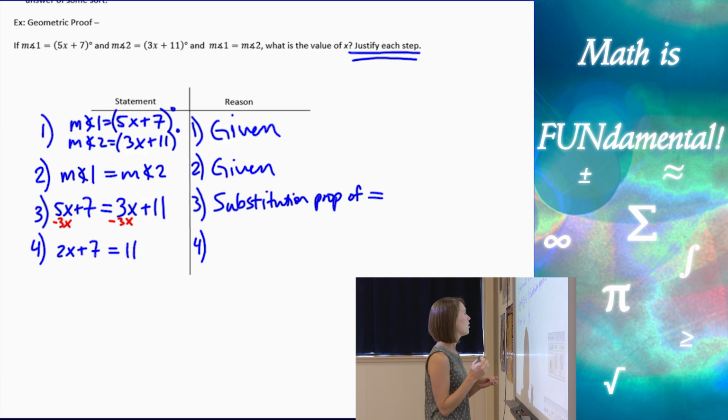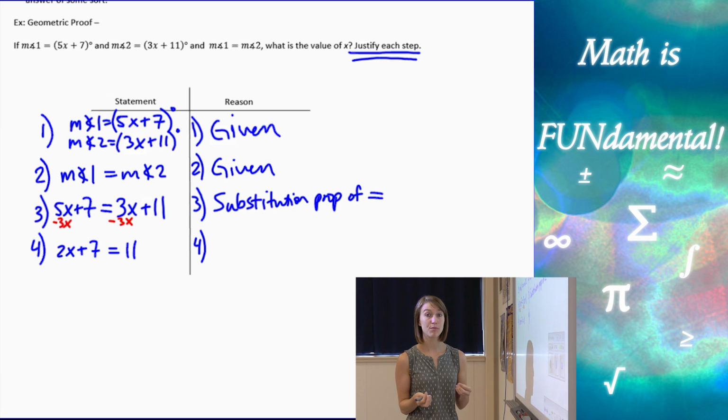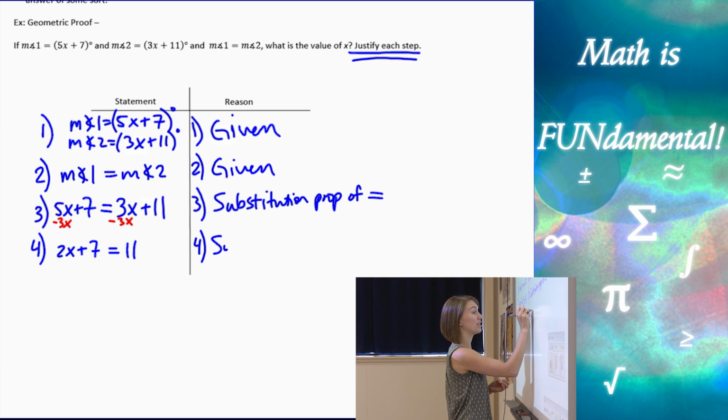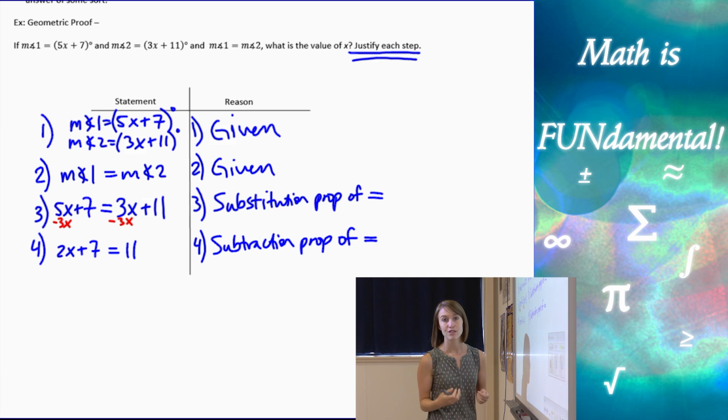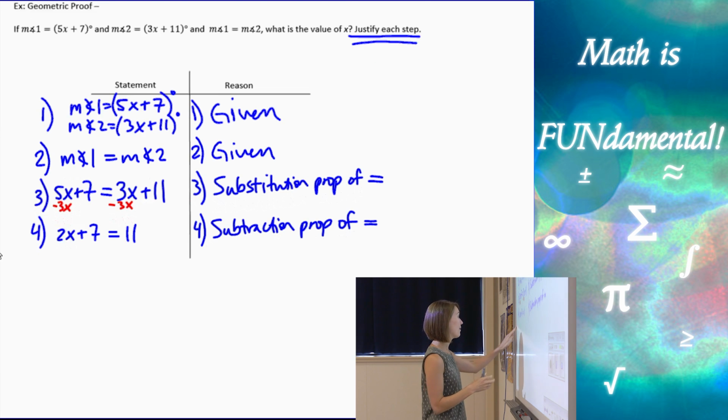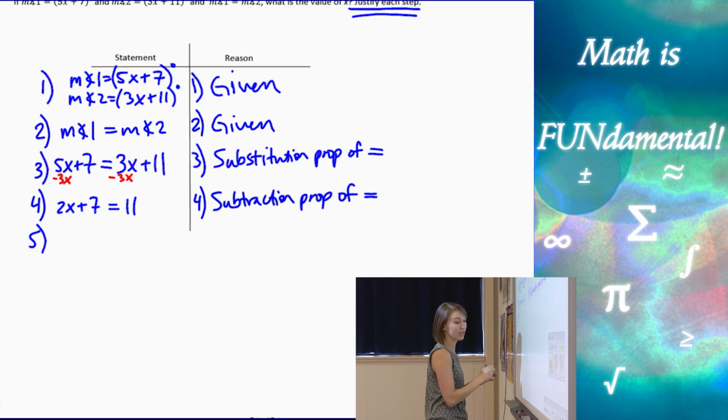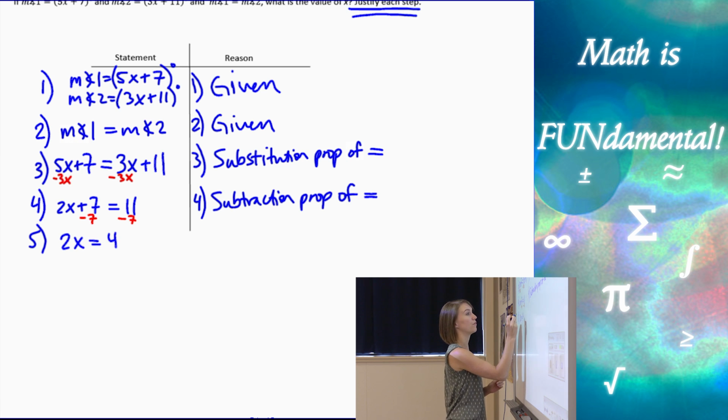So here we want to think, okay, how did I get from 3 to 4? Well, I subtracted 3x from both sides. Subtracting something on both sides is our subtraction property of equality. So that's how I would justify that step. All right, next step, we're going to do kind of the same thing. I'm going to subtract 7 on both sides, so I end up with 2x equals 4. So on step 5, again, I'm going to get subtraction